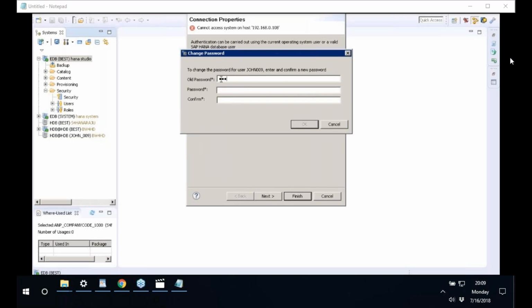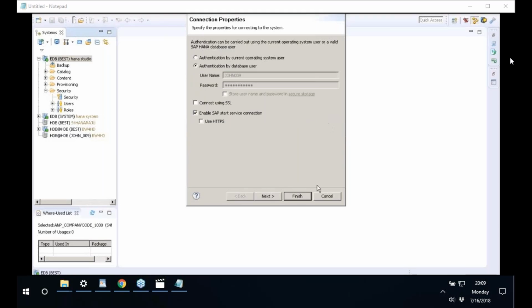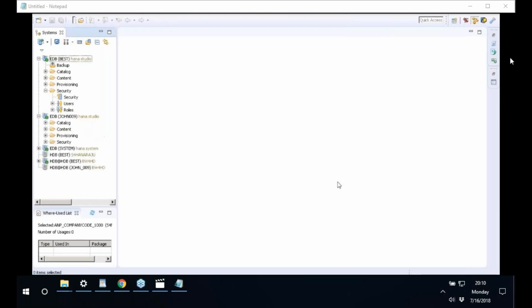Provide the old password, and click OK, and click OK, and click finish. Let's go down. So once you click OK, now here we can see